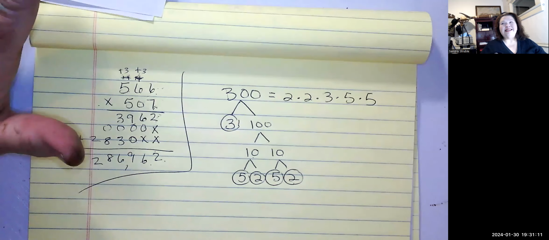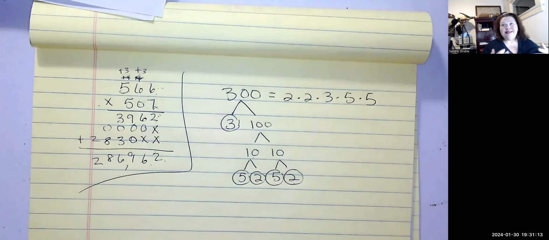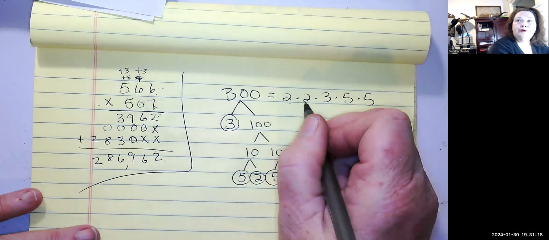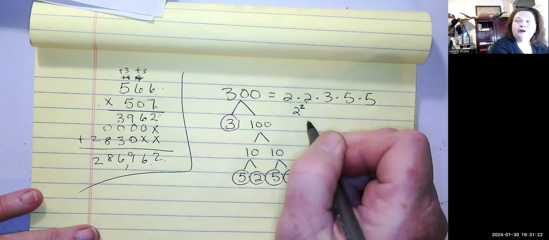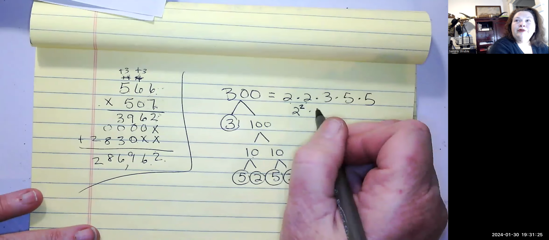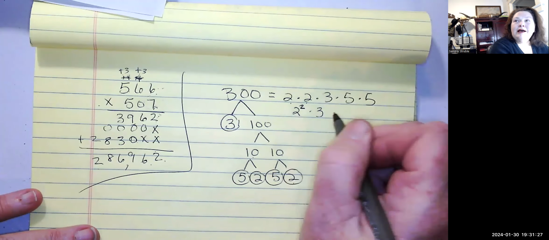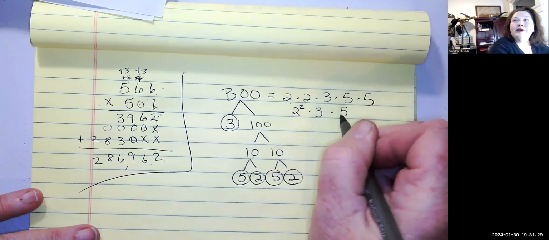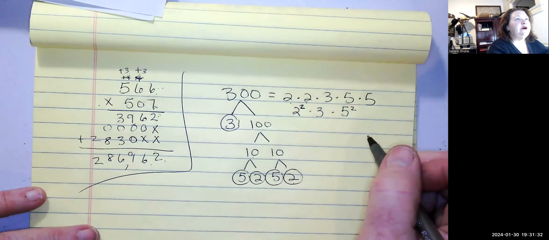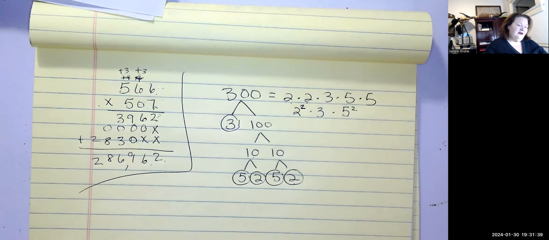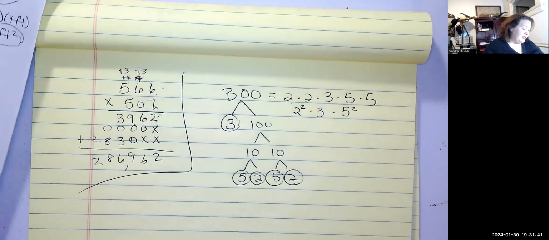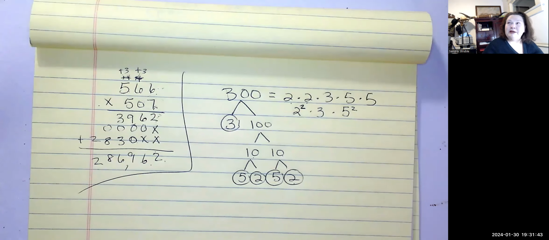Let's write it condensed with exponents because that's something you're going to have to be able to do as well. We have 2 2's, so 2 squared represents 2 times 2. We have only 1 3, so just write a 3. And then the last one is we've got 2 5's, so that is 5 squared. They provided the same thing on the notes. So we got them both. Rock on. If you have any questions as we're going through this, please make sure you write it down so that you can ask me